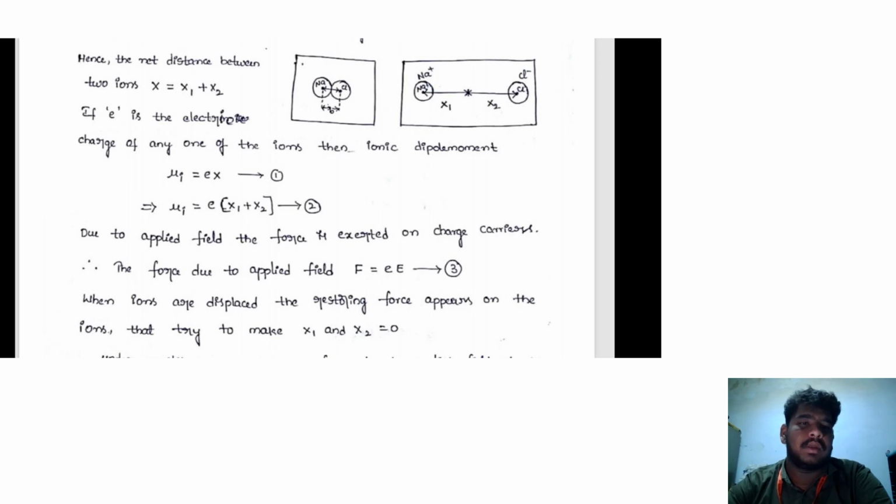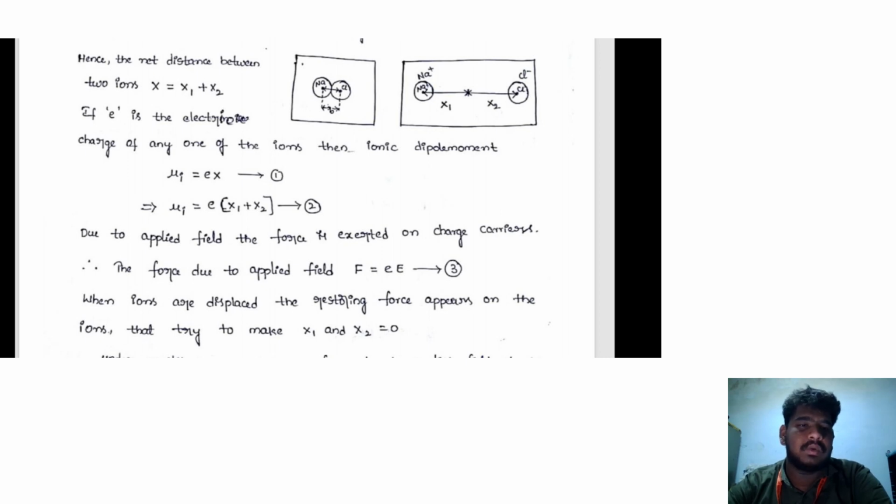This is figure 2. Hence the net displacement of the two ions is x equal to x1 plus x2. If e is the electric charge of any one of the ions, then the ionic dipole moment